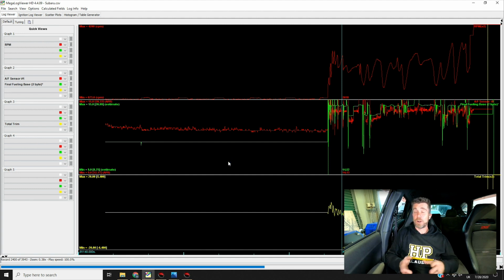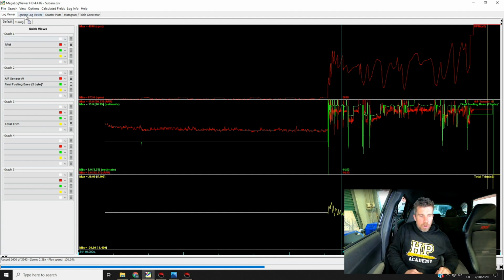You can start off with their free version to get a feel for it. I think the full version is about $25 US. Honestly, it's a drop in the ocean for the power this gives you, so it is really worthwhile. So at the moment I've got my log file opened up, so basically I can import any .csv file. Particularly if you are dealing with an aftermarket standalone ECU, you can still use this. You may need to actually export your log file from your ECU in .csv format. Not every ECU can do that, but most can, so that's just something to keep in mind.